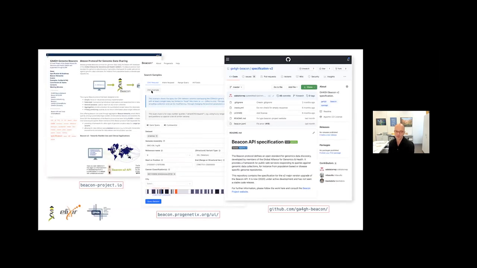Here are some resources. There is a Beacon web page where you find some of this information of what's going on. Here is a link to our Beacon installation on top of Progenetics, but actually you have the same search interface directly on the web page itself.